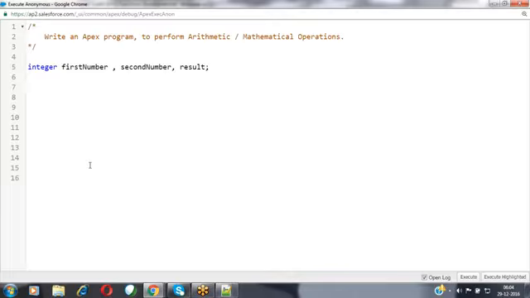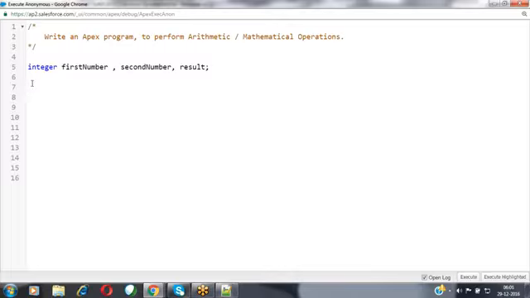If you practice with integer X, comma, Y, comma, Z, then when you move to real time you will write the same variable names X, Y, Z. But other people don't know what variable X is, why you defined it, or what we are doing with it. So please give a proper meaningful name. Here I have defined two variables with the names first number and second number, and one more variable with the name result, which is used to store the result of that value.